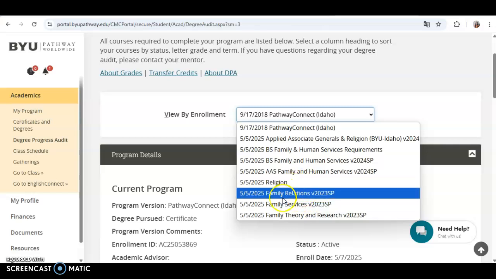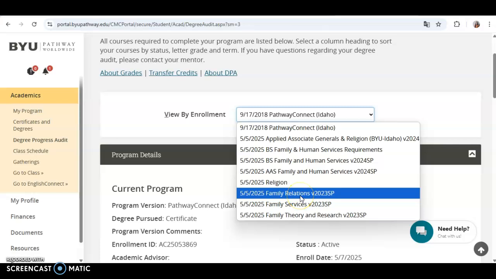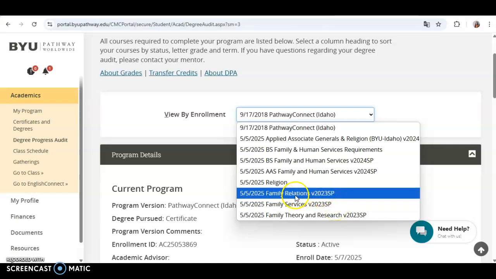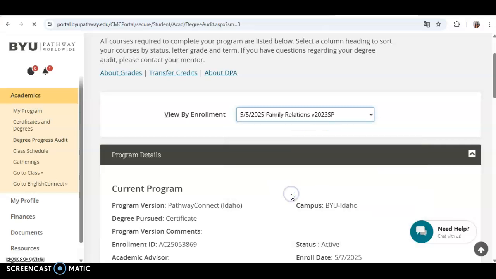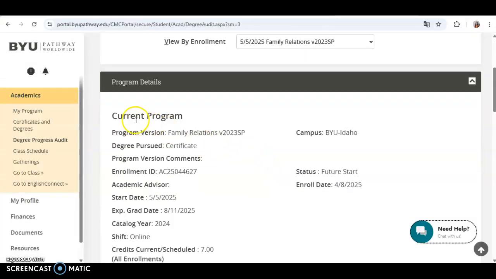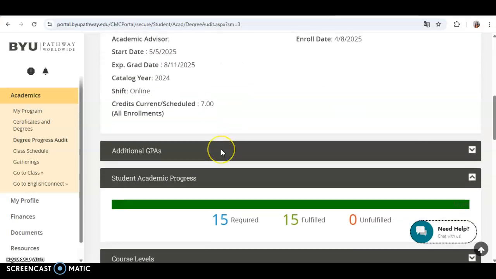So you would need to go one by one for each of your certificates to see which classes you will need to complete. So for example, we are going to click here on the family relations certificate, and it's going to take a little bit to load. But once you see that the changes have applied here, you are going to scroll down a little bit more,